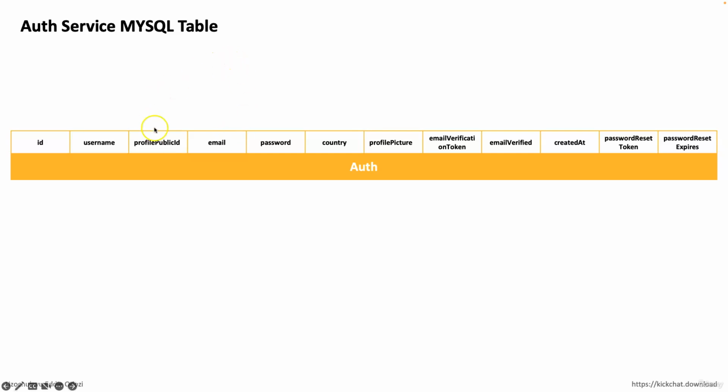Okay, and then we have the email field, we have the password, we require the country. So when the user is creating an account, they will need to select a country. Okay, and then the profile picture of the user. Okay, and then we're going to have this email verification token. Okay, so when the user creates an account, there's going to be this token. We are going to generate this email verification token, and that is the token that we're going to add to